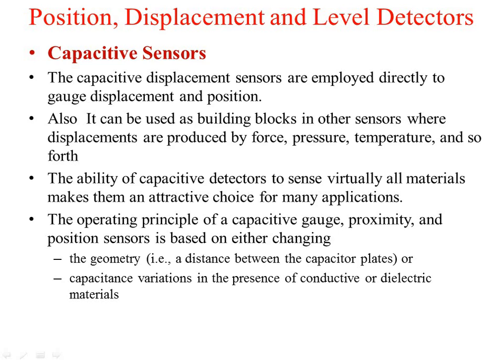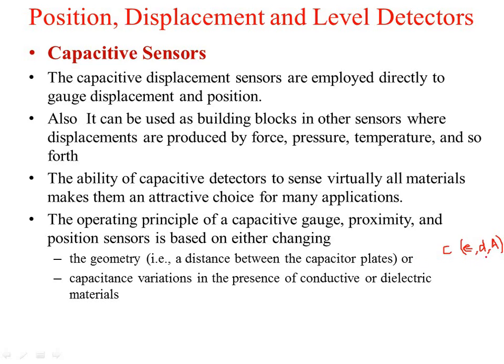So we know that the capacitance C depends upon three parameters. It depends upon the dielectric material, it depends upon the distance between the two plates, and it depends upon the cross sectional area A of the plates. Okay, this is the epsilon value. Epsilon is the dielectric constant, that means which kind of material you are using. So these three parameters will help you to find out the capacitance.